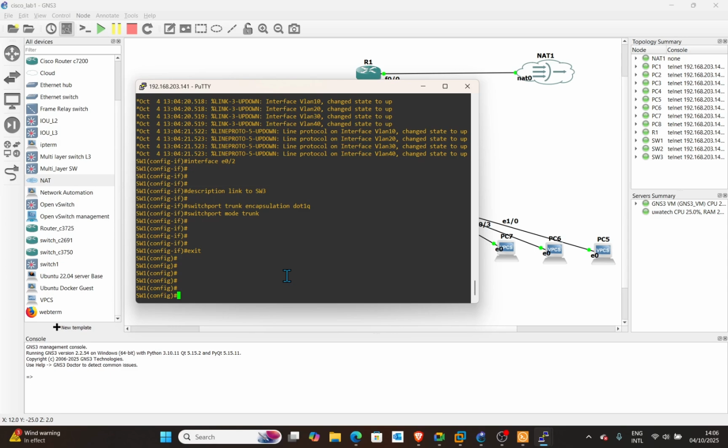So to configure DHCP, you simply type IP DHCP. I will exclude IP addresses for now, so that the IP addresses for the default gateway and other things like the admin will have static IP addresses. So I'm not going to include those IP addresses here. So I will first of all exclude those IP addresses. To exclude them, you simply type IP DHCP exclude